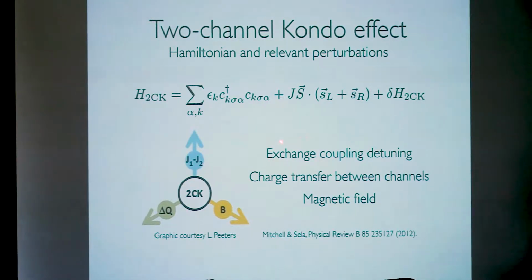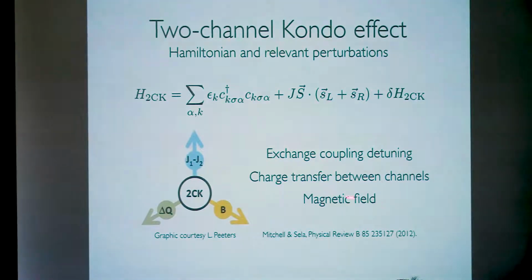The exchange coupling detuning from this impurity spin to each of the two reservoirs needs to be the same to realize this two-channel Kondo effect. It's kind of a frustrated state. And likewise, you need to suppress charge transfer, or in other words, you don't want these two reservoirs to talk to each other. If you have either of these things, then at T equals 0, you no longer have this two-channel Kondo state, but rather a more conventional Fermi liquid state, like the impurity is, say, Kondo screened by the more strongly exchange-coupled reservoir, something like that.